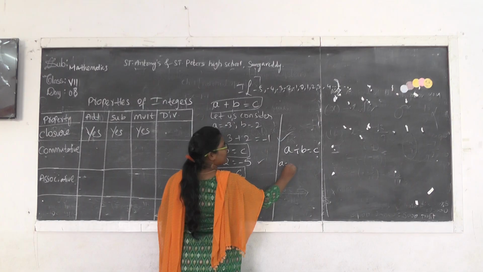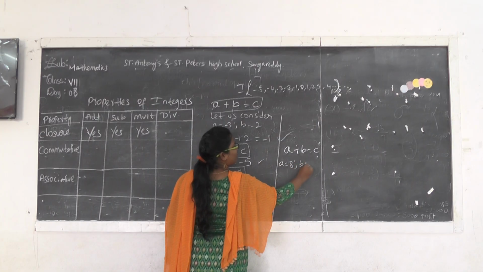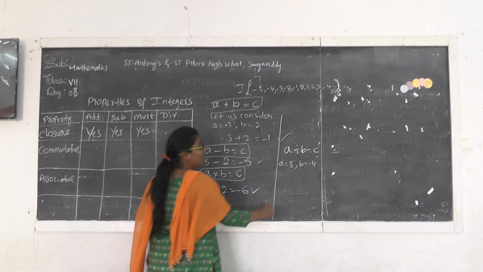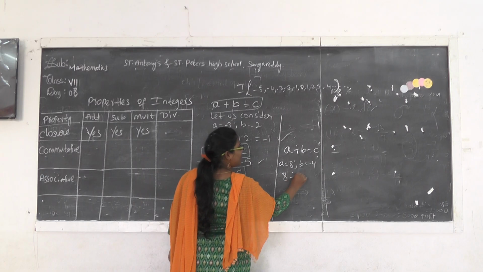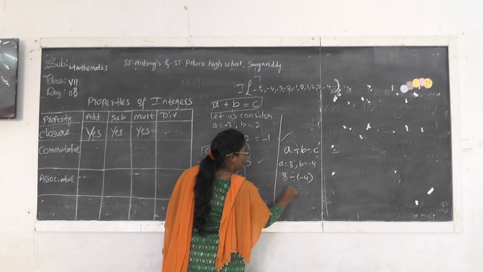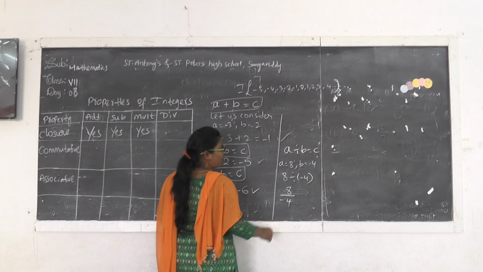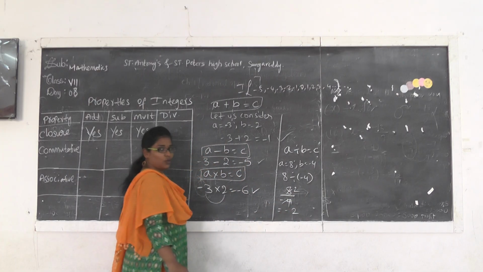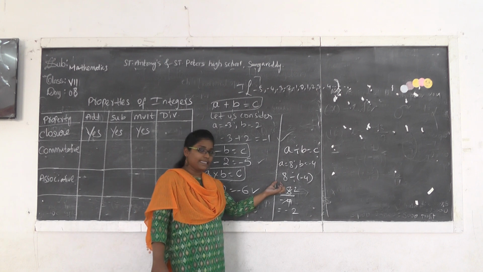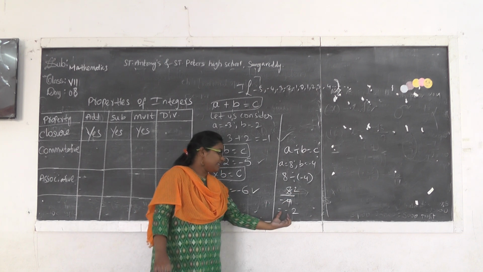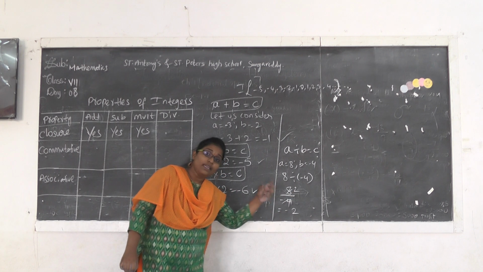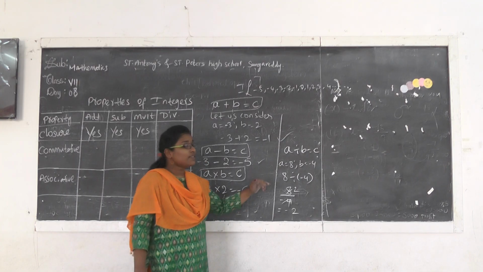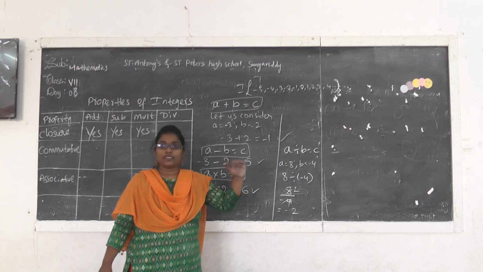Here I was assuming A equal to 8, B equal to minus 4. Okay, 8 divided by minus 4. It is nothing but 8 by minus 4. 4 ones are 4, 4 twos are 8, so it is minus 2. So in this example, 8 is an integer, minus 4 is an integer, and the result we get is also an integer. But this will not be satisfied in all situations.